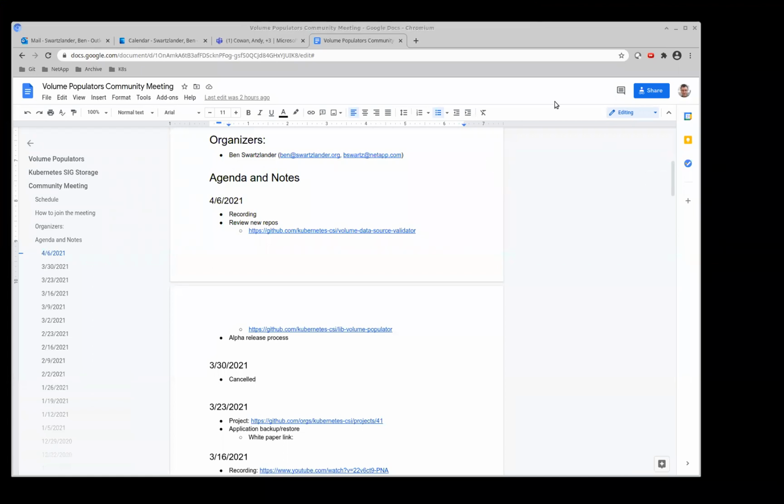Okay, so this is the Kubernetes SIG storage volume populators weekly meeting. The main thing I have on the agenda today is talking about the new repos that were created. Two weeks ago, I sent out the request for two new repos and you guys approved them. Thank you. They were created and I moved all of the code from the old PRs into these repos, and